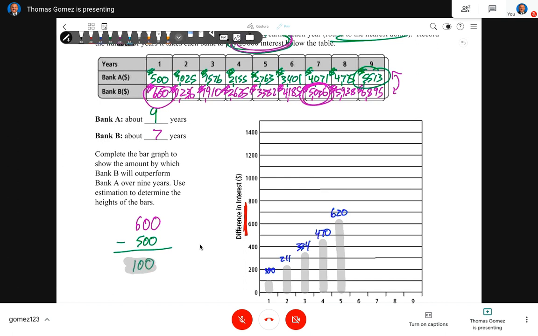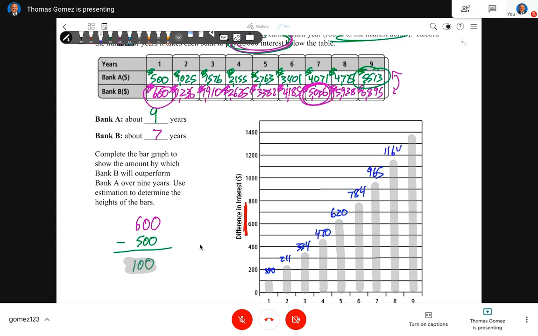So we have 784, which is let me get this straight line feature going on. So 784 is a little bit below. And then we have 965, which is about here. 1164, which is about here-ish. And then last but not least, 1382 was the difference between that last column. And let me go ahead and fill these in. So we have 620, 784, we have 965,